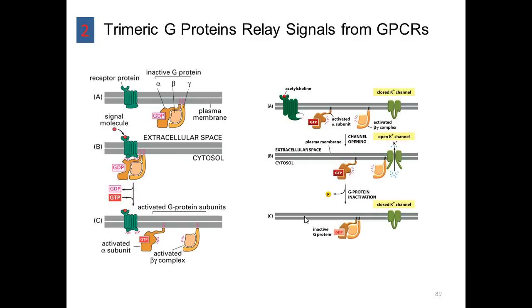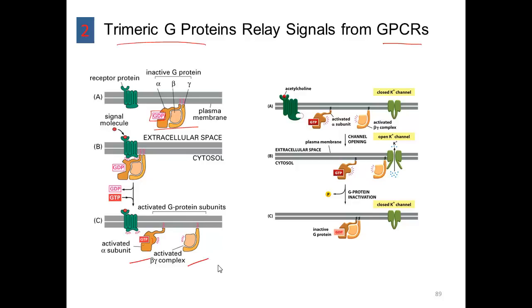We talked about G protein coupled receptors, which interact with trimeric G proteins as being a fundamental signaling pathway type. Here we have an example of an inactive trimeric G protein, which is bound to GDP, not GTP. Upon binding of a ligand to its receptor, which is the 7-transmembrane G protein coupled receptor, this will cause the activation of these trimeric G proteins. GDP will be released, GTP will be bound. This causes dissociation of the alpha subunit from the beta gamma complex, and either of these can go on to